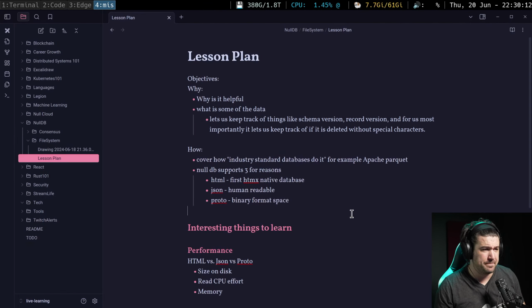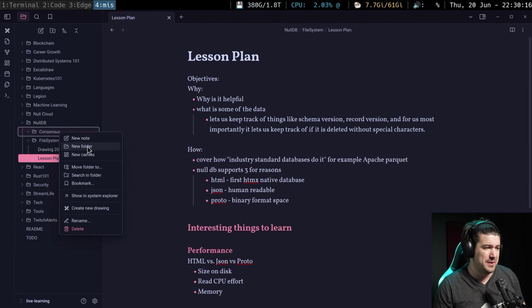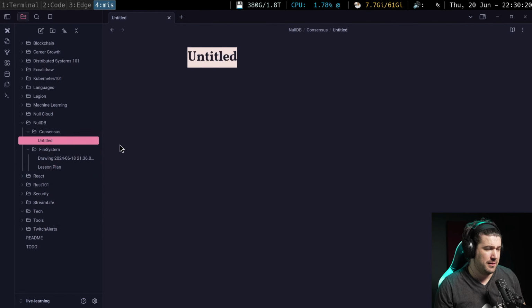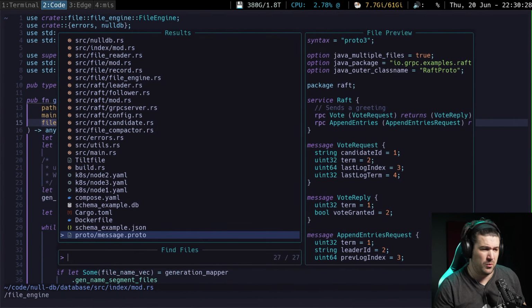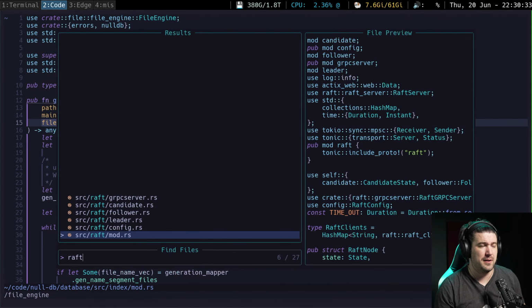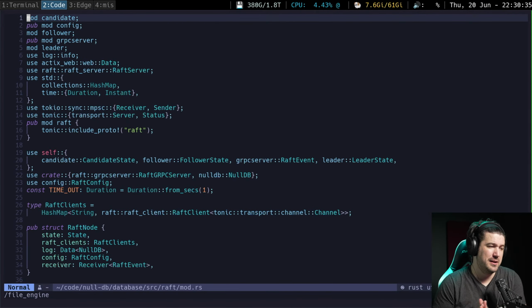Okay, so we got a lesson plan. Let's start doing this with our consensus, and we'll dive more in on it Saturday. We actually probably have quite a bit to do here. It was in working state the last